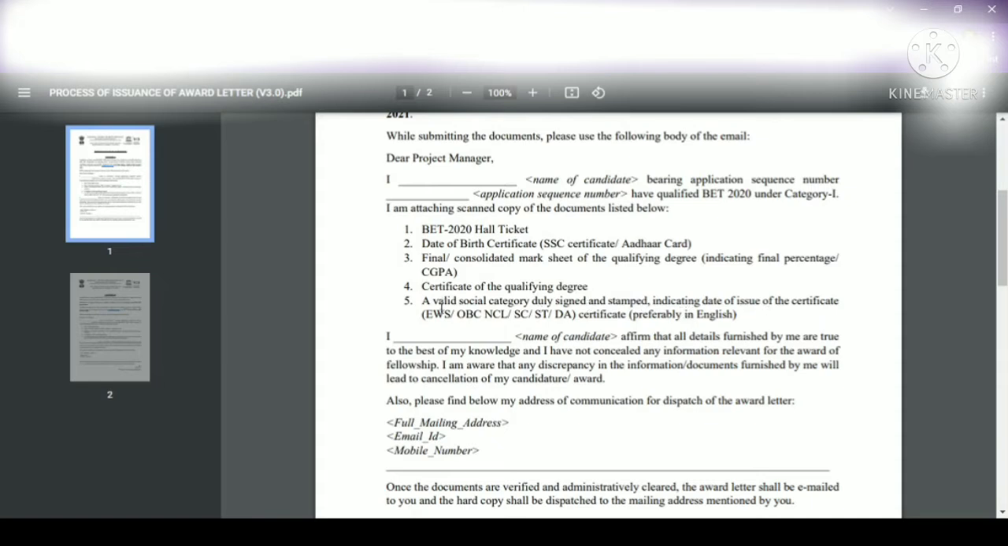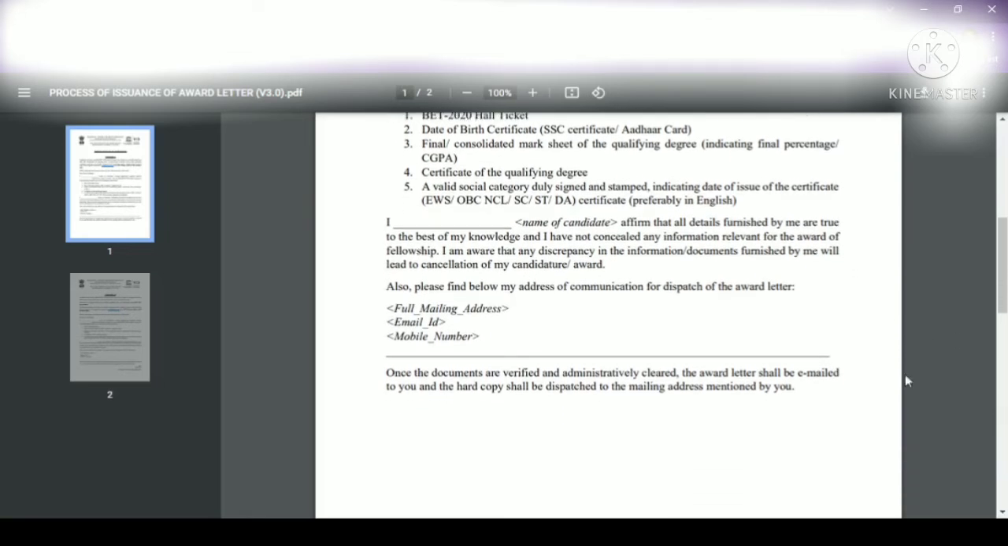That is, if you are applying under EWS, OBC, NCL, SC, ST, or DA, your certificate has to be produced, and this certificate should be in English. It should not be in any other state language. Okay. Also, it should be duly signed and stamped,